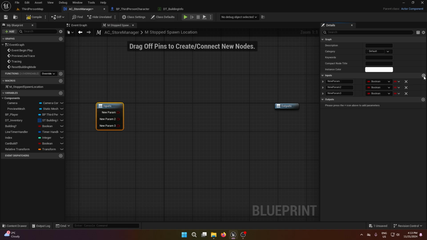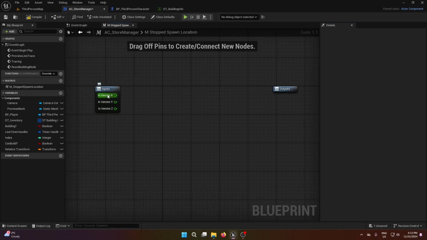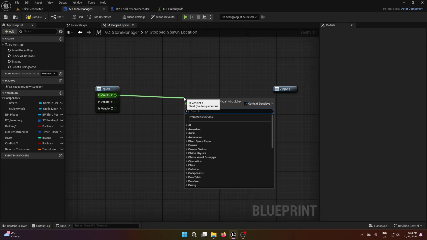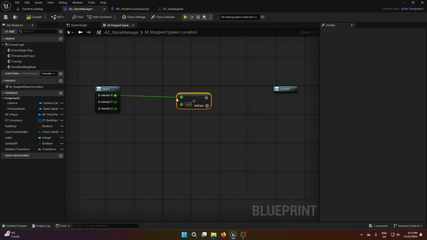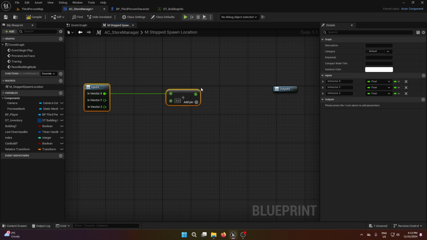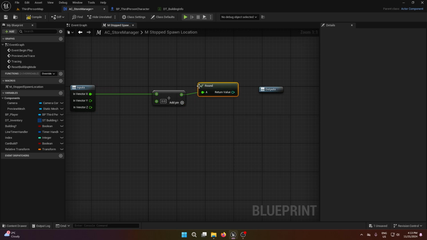We're gonna have some inputs, 3 of them. This will be in vector x. So basically copy it, paste it on every single one except change this to y. Change this to z. Change everything to floats as well. Okay. Now, from the x, we're just gonna divide. So divide that. You may ask, what are we dividing? I have no idea. And we're gonna round it up so it doesn't go